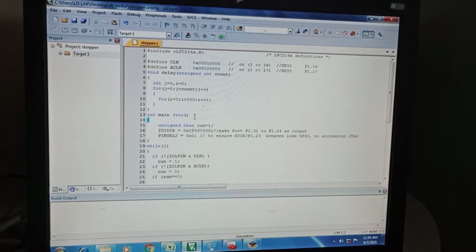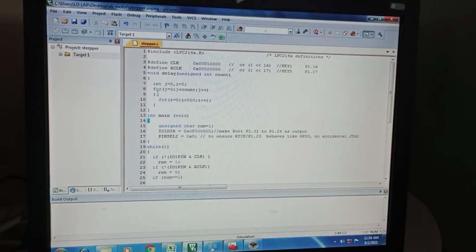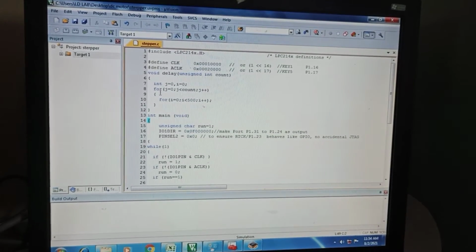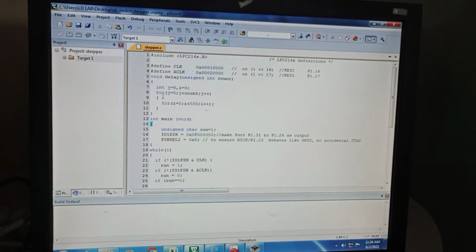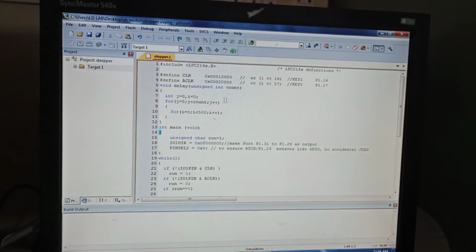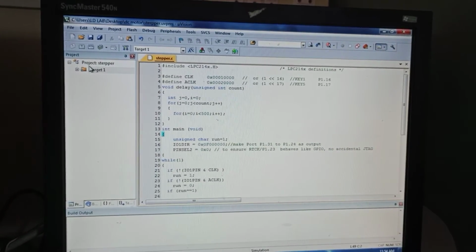So this is the complete introduction about your stepper motor. But here I am not using any direction keys, whereas in the DC motor I have used the direction keys. Okay, S1, S2, S3 for controlling our DC motor, but here I am not using any direction keys. So directly, by using the delay function, it is going to rotate our stepper motor. I'll show how it is.